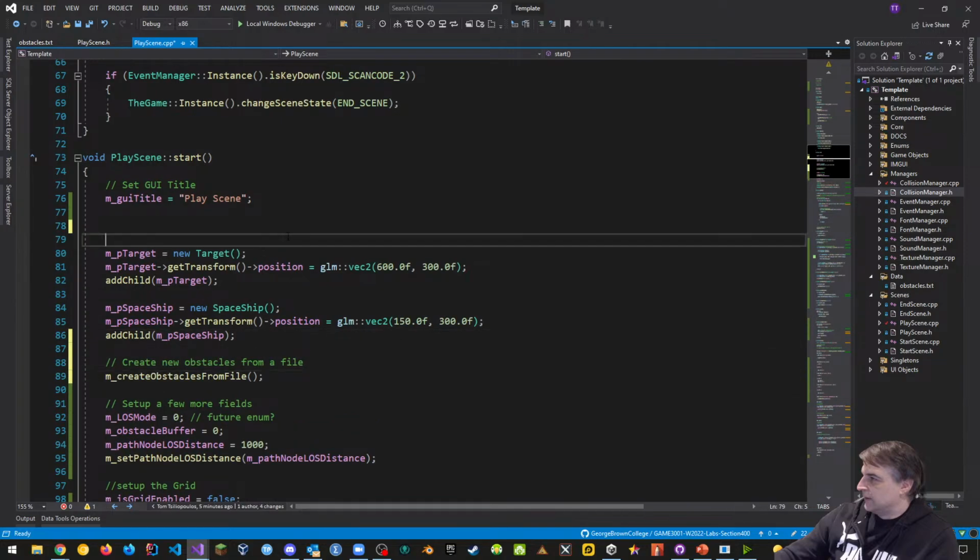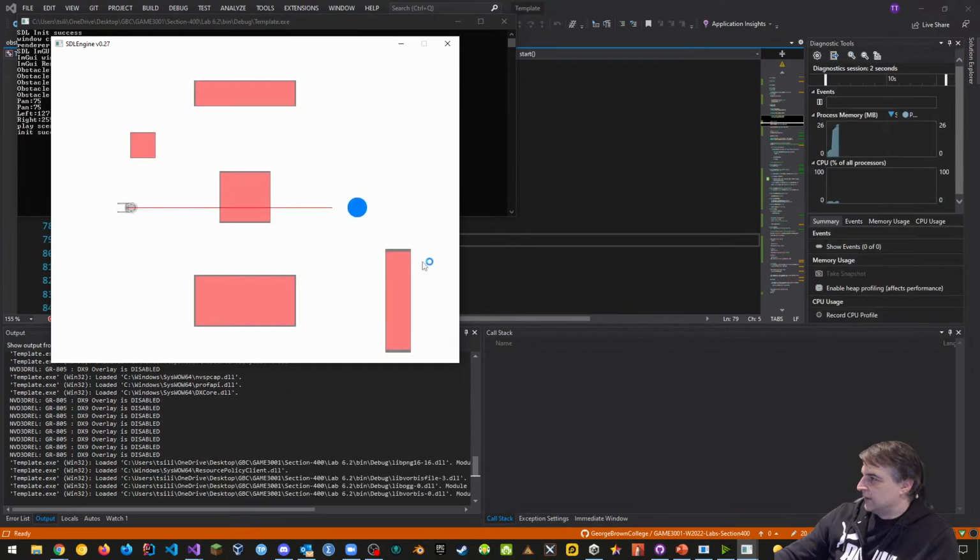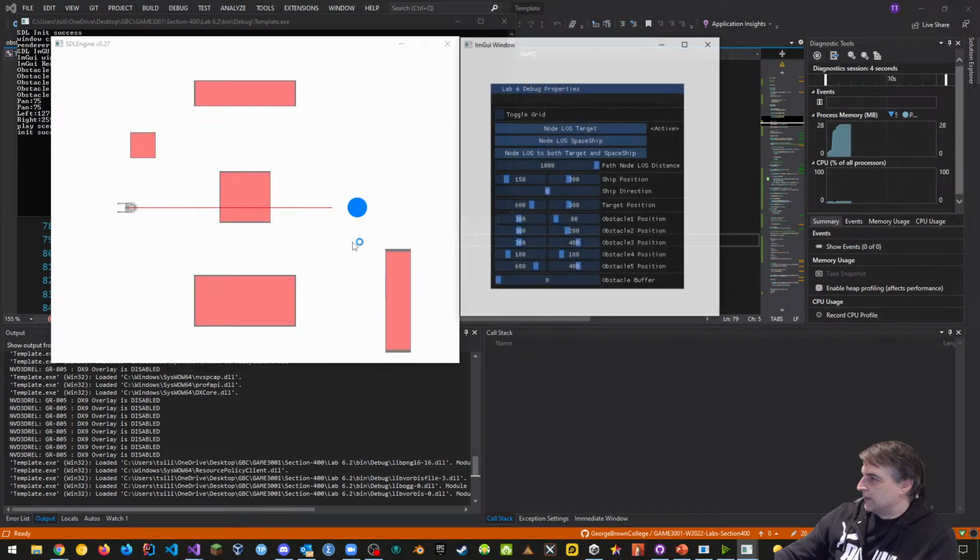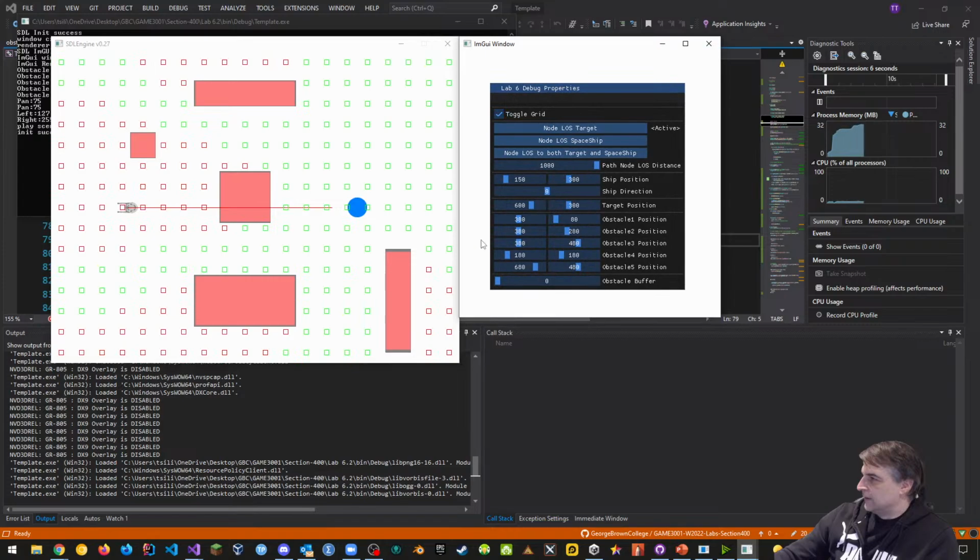So if I did it this way, and if I ran the same file, remember it's in order of how we've added it to the display list, right? It's in layer order. And if I was to pull this out again and toggle the grid, and let's suppose I move the spaceship over there, take a look. Now the spaceship goes kind of underneath the target, right? Where the target actually appears above the spaceship, right? Or the obstacle, I mean. The obstacle appears above the spaceship.